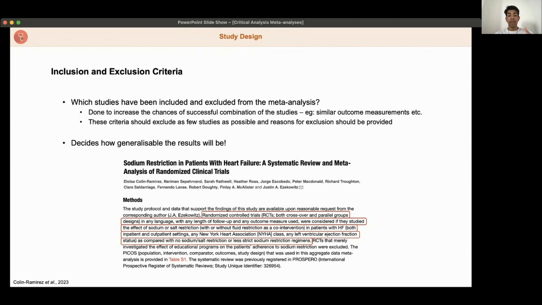So in this case, I think the inclusion and exclusion criteria are very well designed because they will allow the results to be very generalizable. Sidebar, that might not always be a good thing, but we'll talk about that later. But right now, this study is looking quite good. And just a reminder, critique doesn't always mean looking for the bad things. It's also looking for the good.